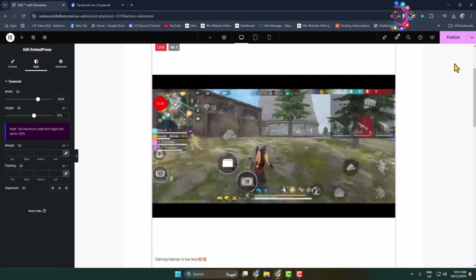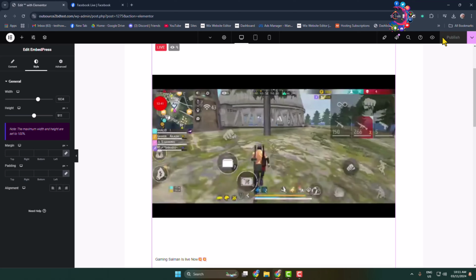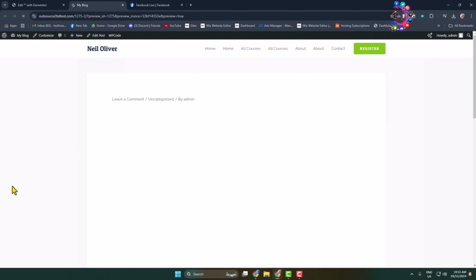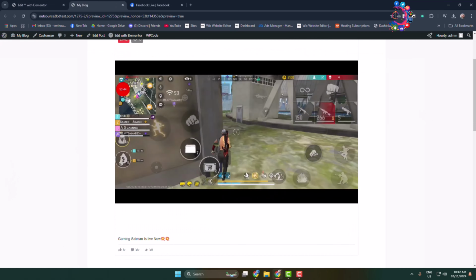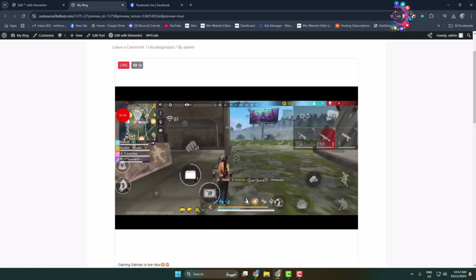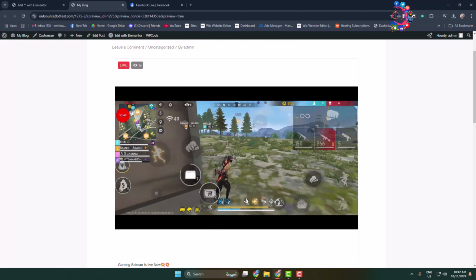And after that, just click on publish, and that's it. This is how we can add a Facebook live video, or a Facebook live stream, in our WordPress